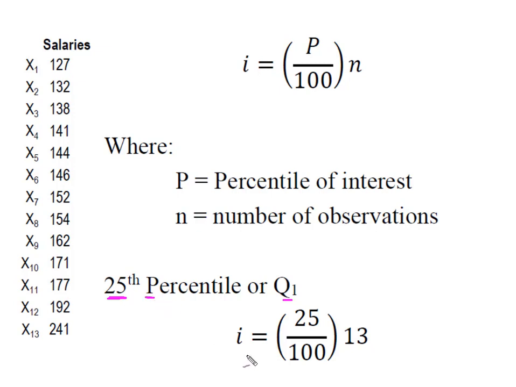So we're going to calculate our index by taking I. We're going to divide 25 by 100, multiply that by the number of observations we have to give us this index value. So we take the 25, divide that by 100, multiply that by our 13, and that comes out to